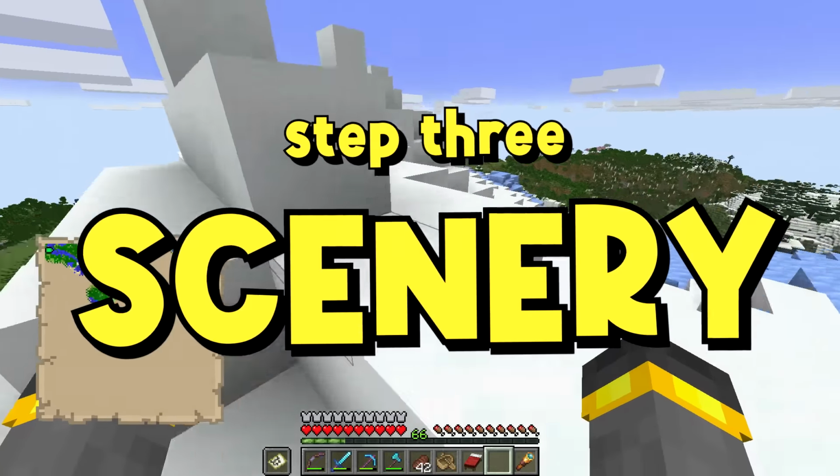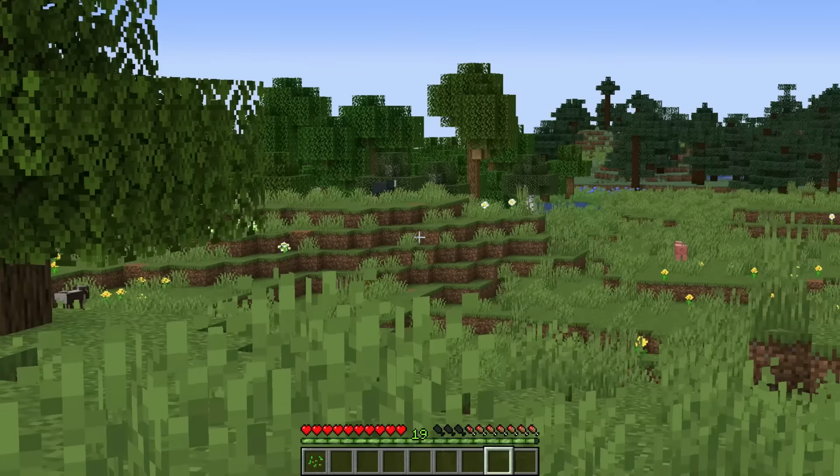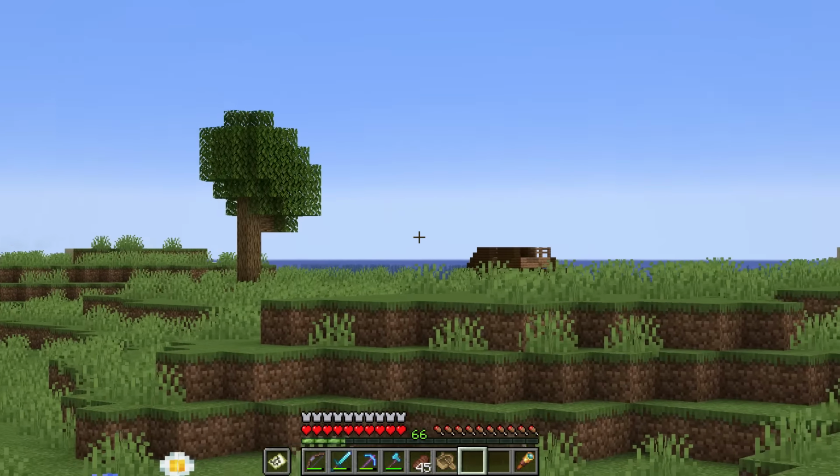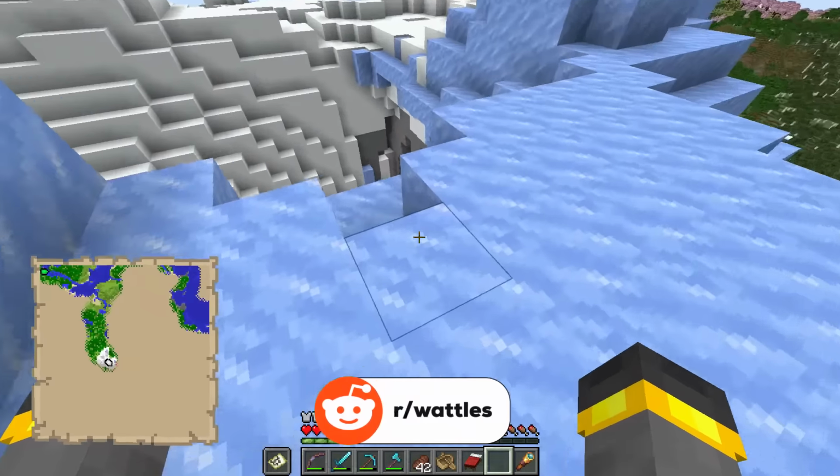After that, it's the scenery. What type of scenery do you want to have nearby? Do you want a mountain? Do you want a plains biome? Do you want an ocean nearby? What do you want to have? When it comes to scenery, with the render distance raised so high up and all the way up at the